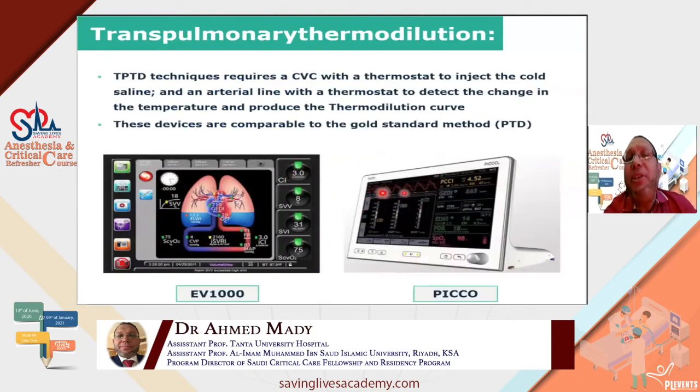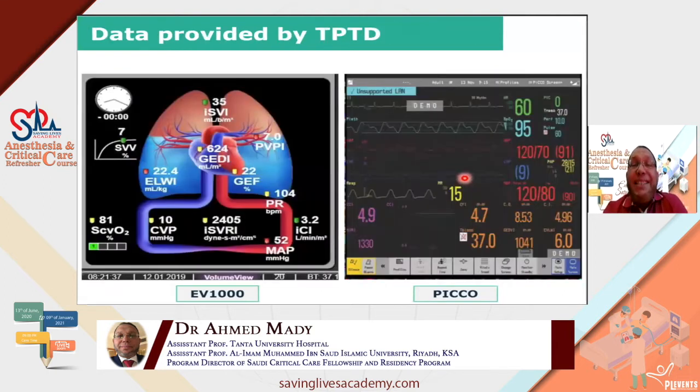The two most common devices using transpulmonary thermodilution are EV1000, which is the more recent one, and the PiCCO, which is the older one, and both have the same parameters, right? So these transpulmonary thermodilution devices are comparable to the gold standard, which is the pulmonary thermodilution, which is the pulmonary artery catheter. So we will have the screen of both of them. Oh my God, it's complicated. Yes, but again,